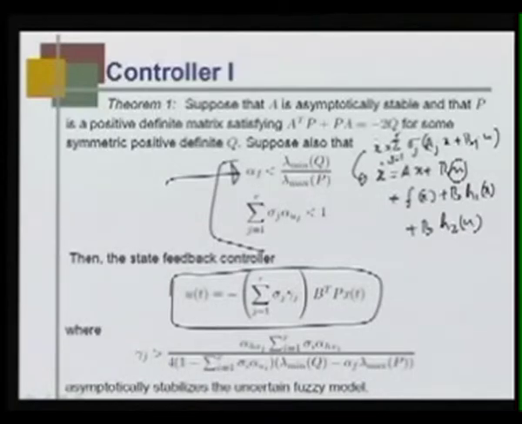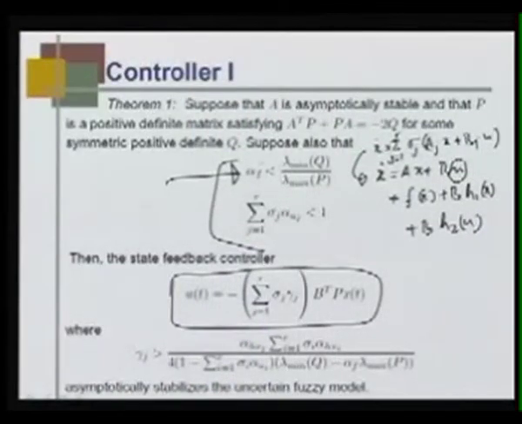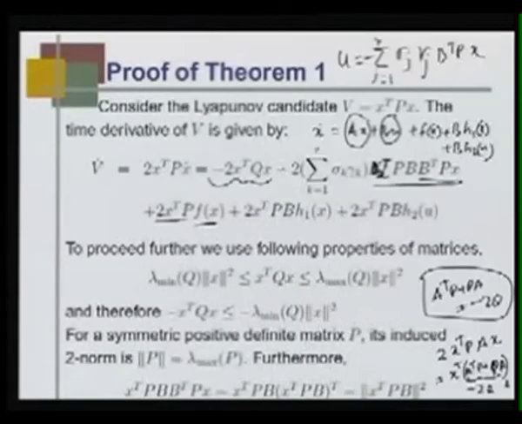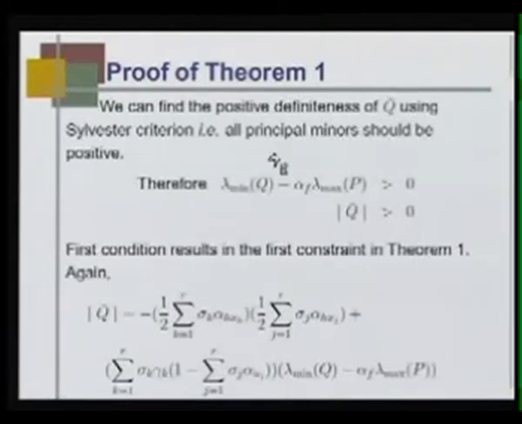The distance between the nominal plant and the actual plant, for the specific rule that is fired, is measured by alpha f, a kind of distance measure between the nominal plant and the plant associated with the fuzzy rule that has been fired. Hence this condition becomes a little too harsh. To make that relaxed, what we are doing